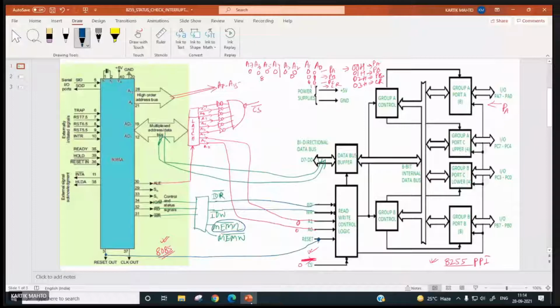It will go to the memory chip. In the memory chip also you will have read bar, write bar, no? A0 to A7, A11, A12, A13, we discussed earlier in memory interfacing. That time also we had this type of chip select. Anyway, how the address is generated in the case of 8255 is now clear.